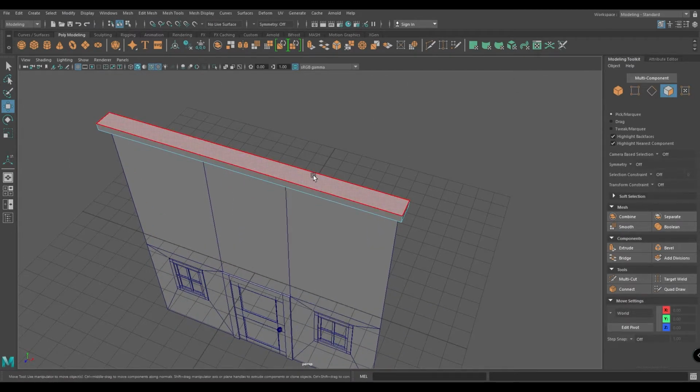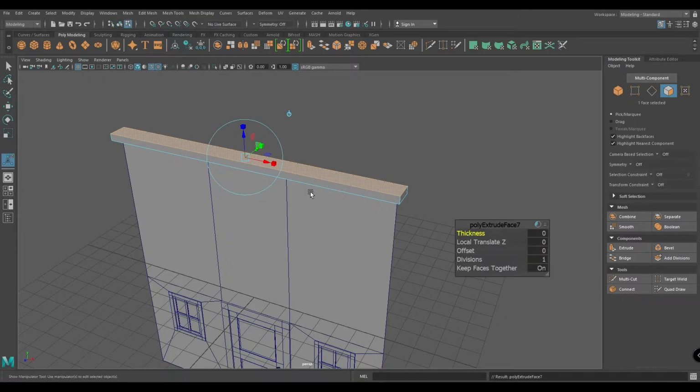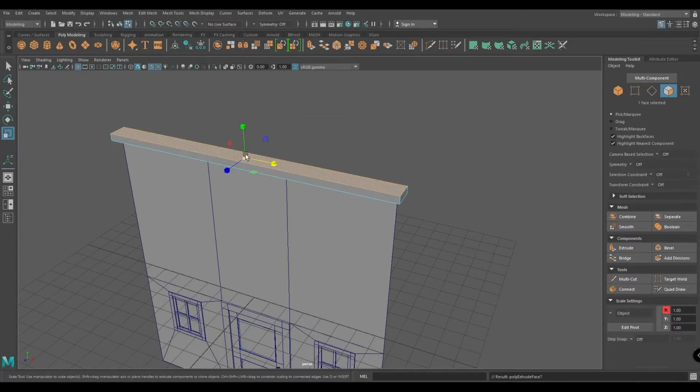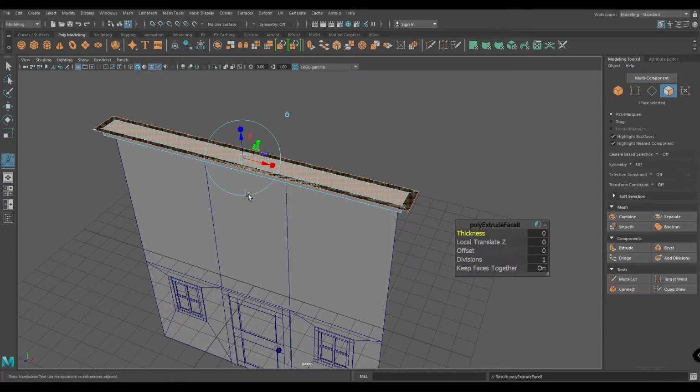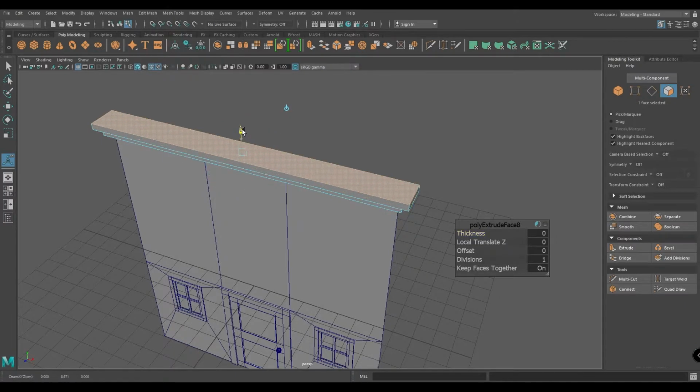Now go to face mode and select this top face. Press Ctrl E to extrude and R to scale. And again press Ctrl E to extrude and pull it upwards.